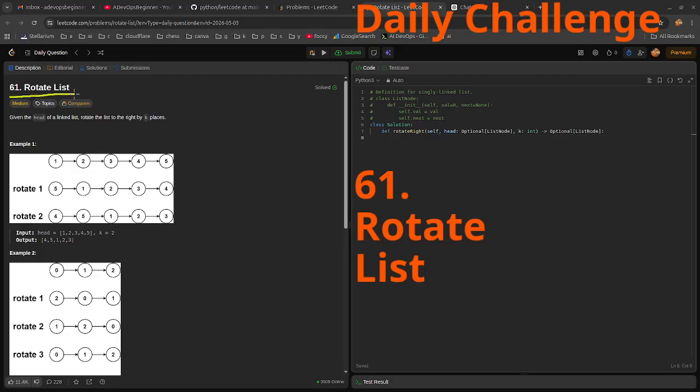Leetcode Daily Challenge. Question 61. Rotate list. This is a medium problem. This question is asking us to rotate this linked list. First of all, I want to know how many nodes are there in this linked list? 5. If we want to rotate this list,